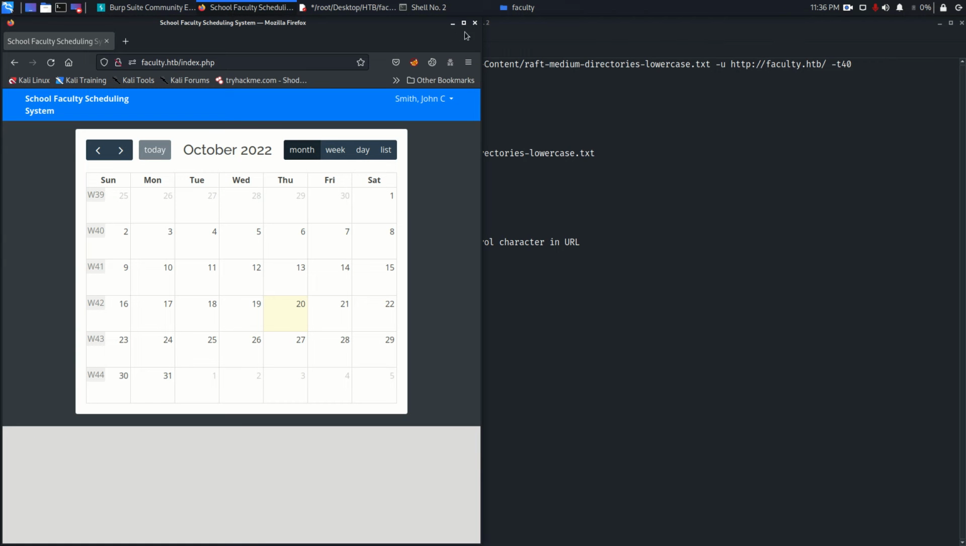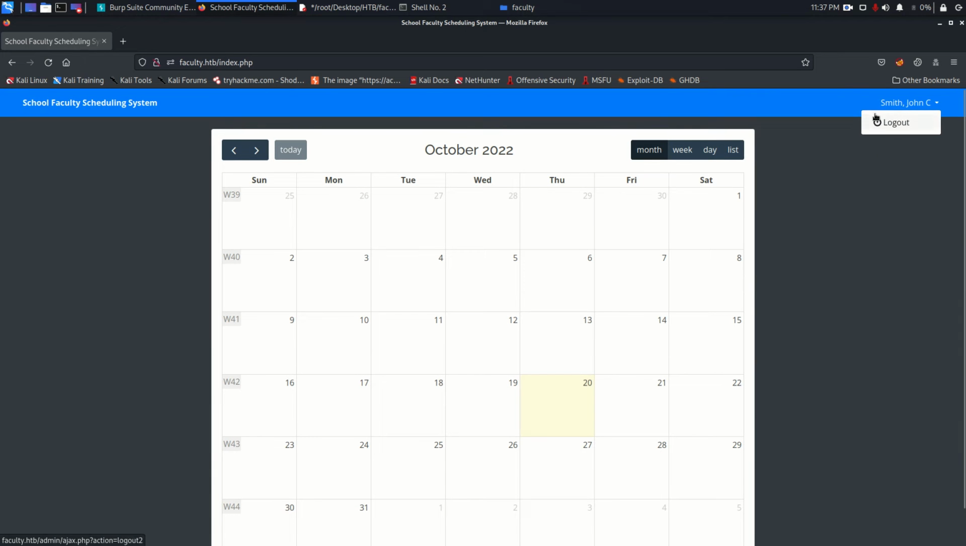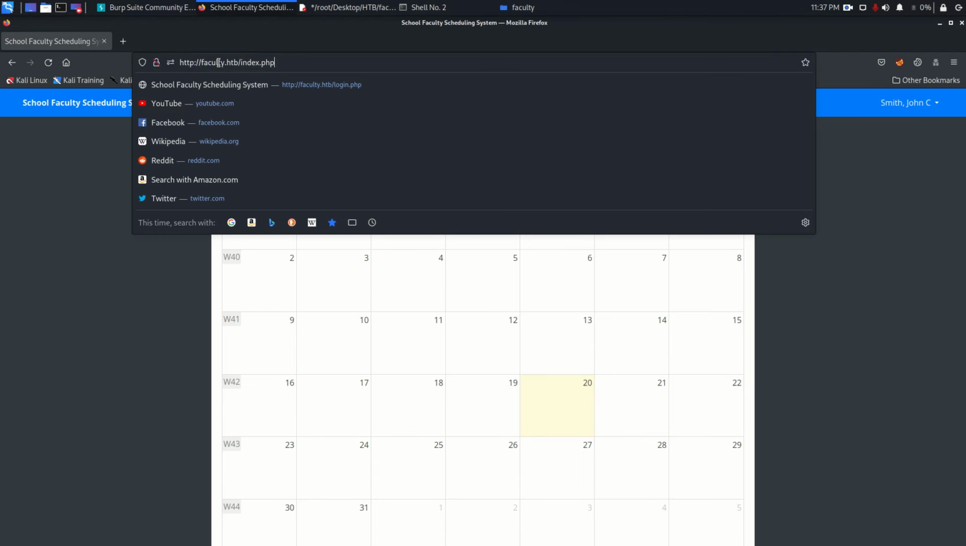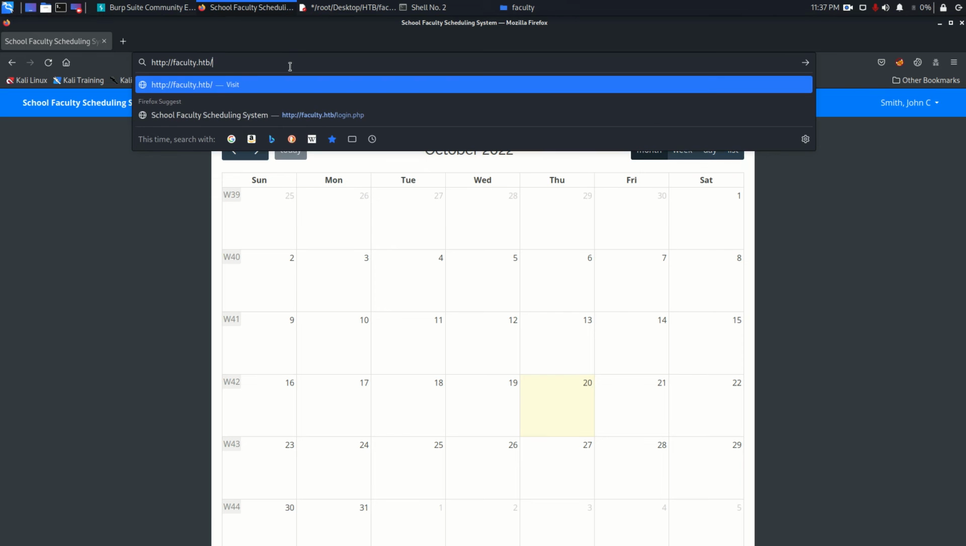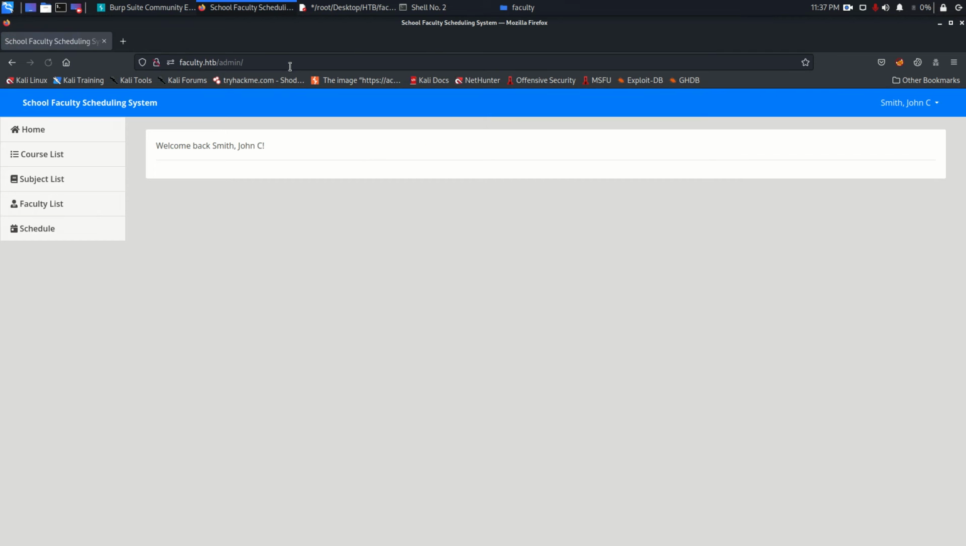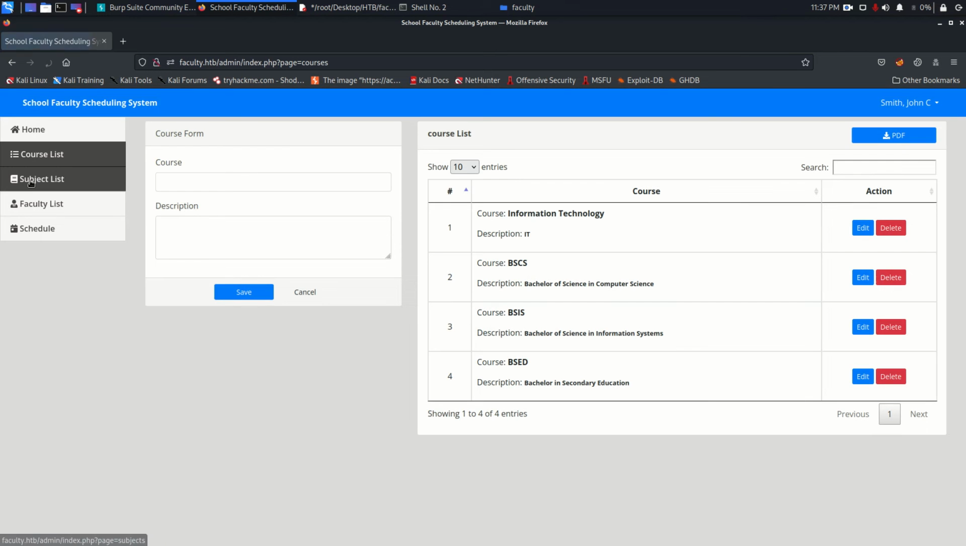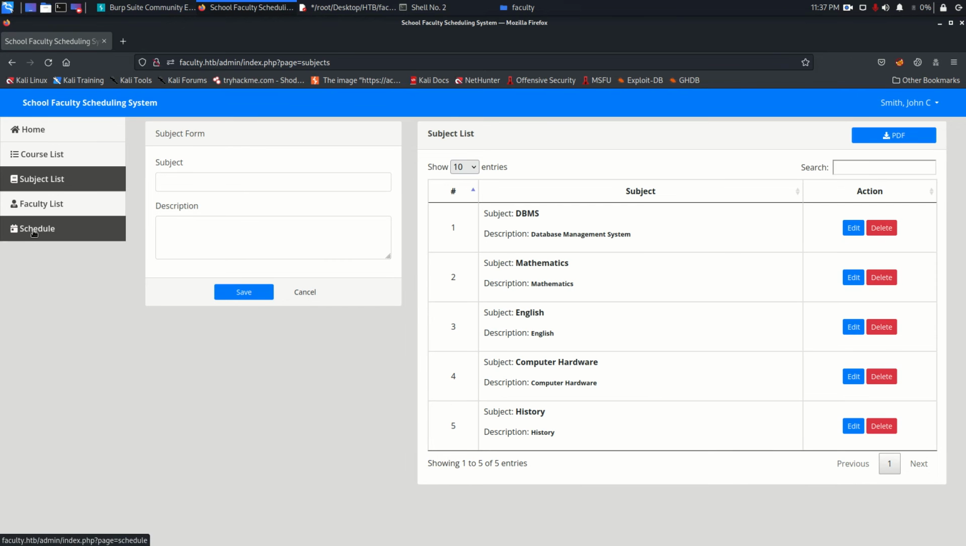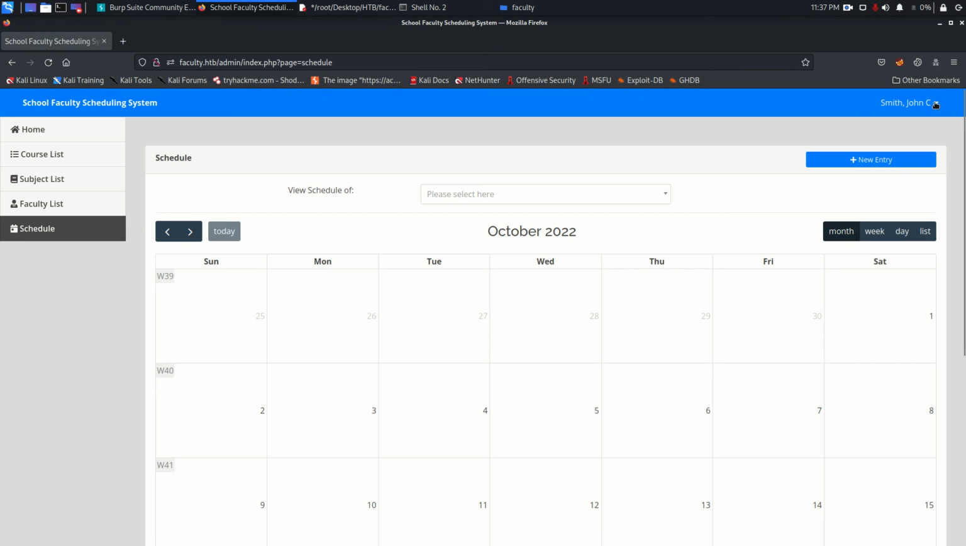Let's go, and here if we see, there is not much, but we have school faculty scheduling system, right. I want to show you one very interesting part here. If I take this index.php, instead of index.php, if I just say admin, it is going to show us this portal, but this portal is for this faculty member, which is John Smith. We have course list here, we have subject, faculty, schedule, all of these, right. If I log out from here,